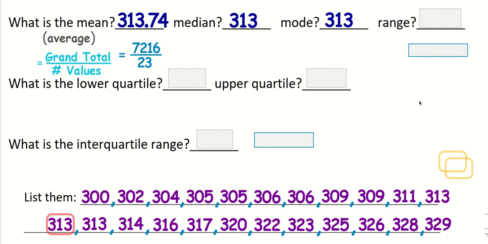The range, okay, the range of a list of data, you can think of the range of your throwing arm, or think of the range of a gun, or the range of binoculars, or something. The range is like the scope of the data, like how wide the data is. So literally the range, we kind of range from 300, the smallest number, to 329, the